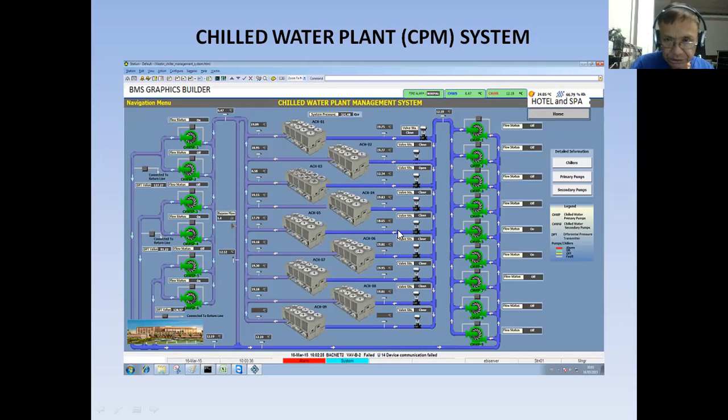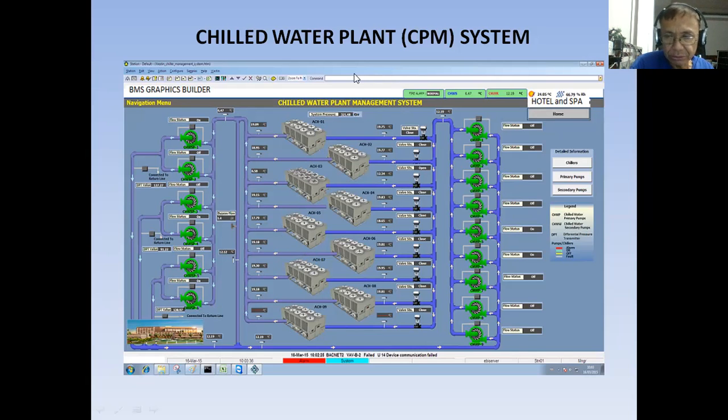So this is the typical chiller plant management system of a building. These chillers have their own microprocessor-based controller, so they will be the ones to control the load management of each chiller.